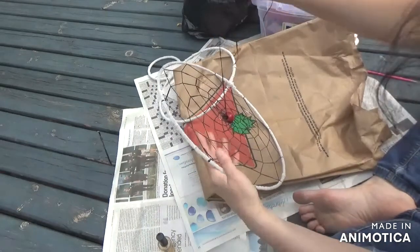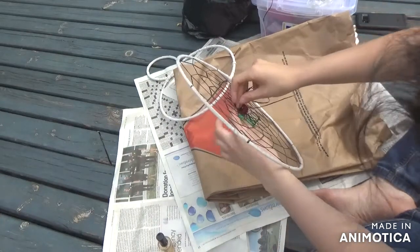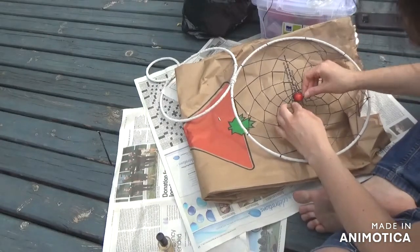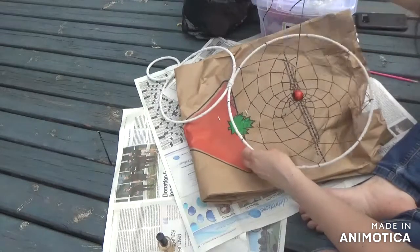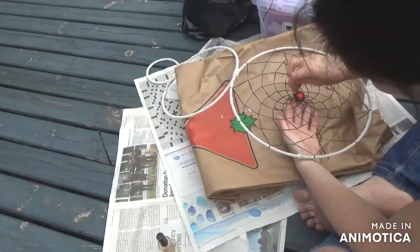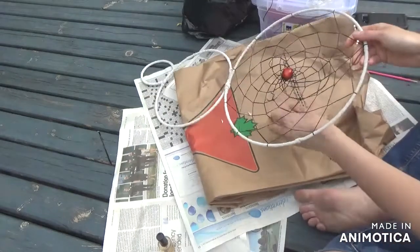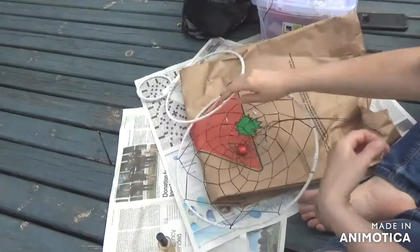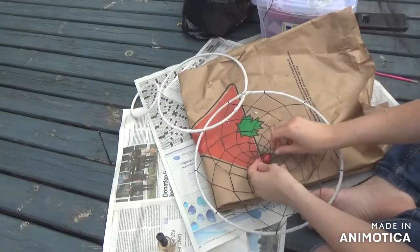knot in the back. If you've got a larger bead like this, you could probably, possibly, theoretically even hide the knot inside of it. And I'm going to throw a bit of nail polish on again just to secure it. If you want to wait a little bit before cutting off the end, it's not a bad idea, just in case it comes loose. So to do my finishing knot here, I'm going to go under a nearby piece and